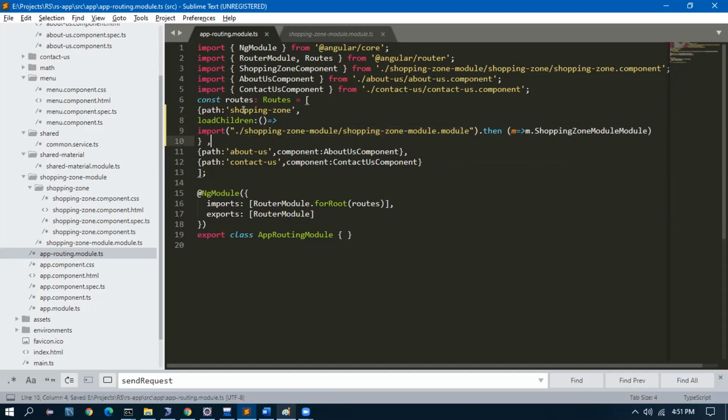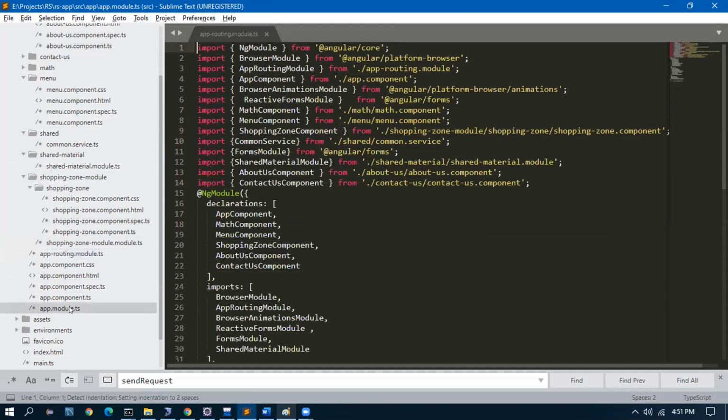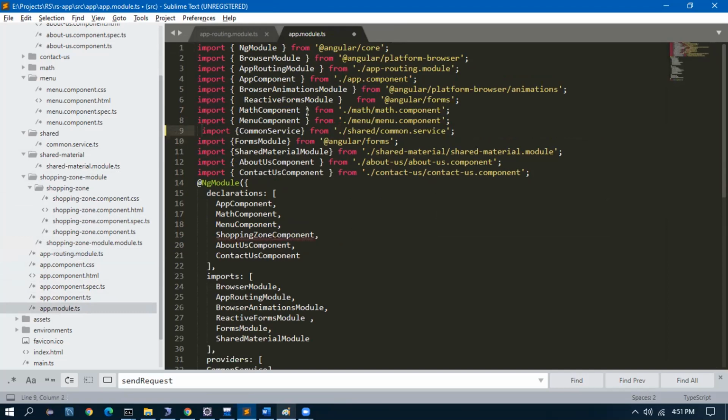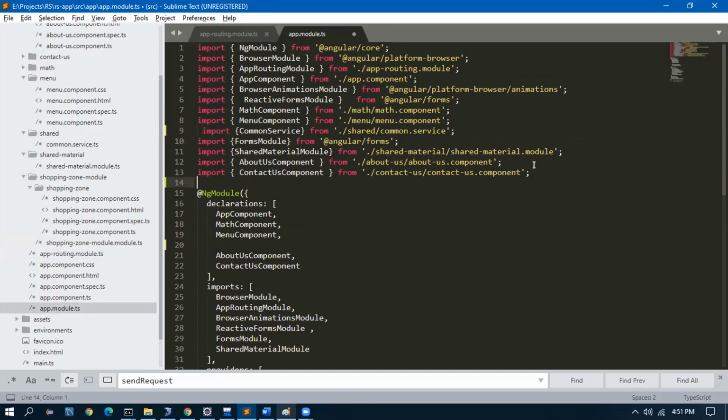So what this means is, first let me finish it. I have to go to app module. Now in the app module, the shopping zone component is not needed. The app module need not know about shopping zone component. Instead of that, it can know only about the shopping zone module.